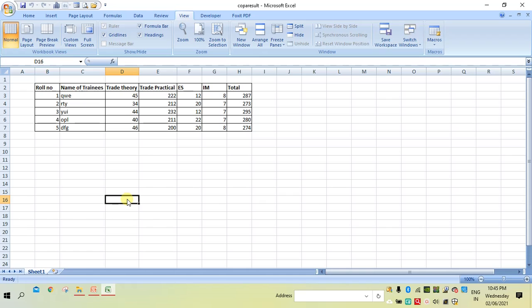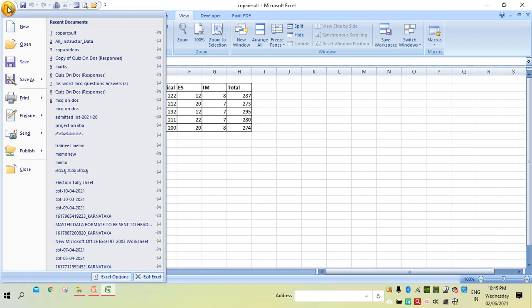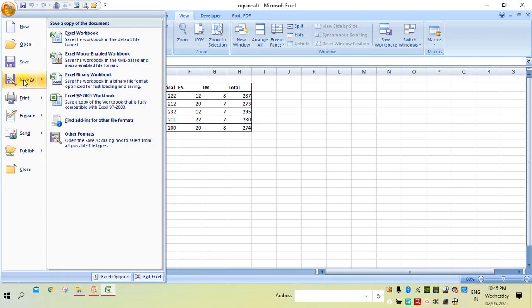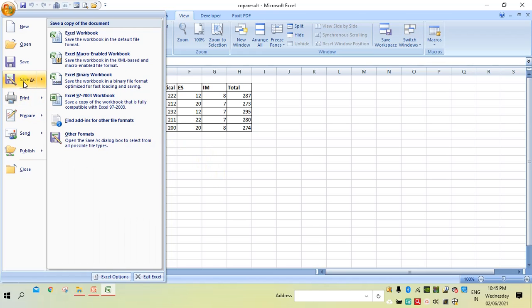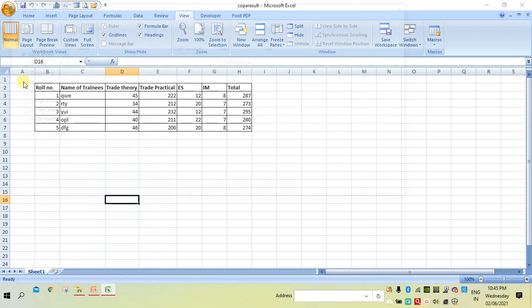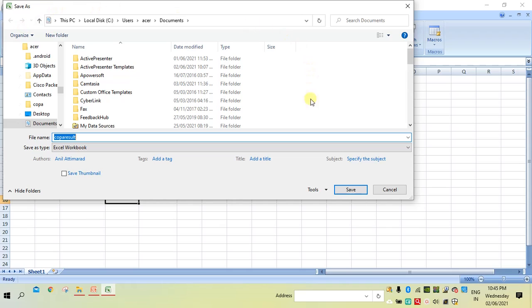With the help of the Save As option, which is here below Save, you can create a duplicate workbook and save it wherever you would like. For example, I will click on Save As, and it will give you the same dialog box as before, and you can choose the area where you want.